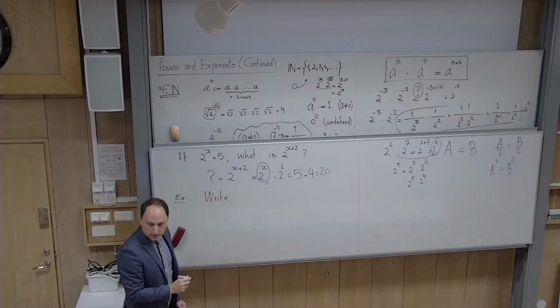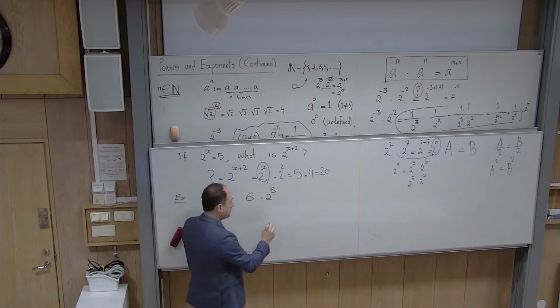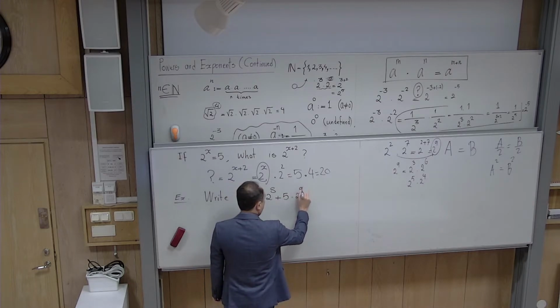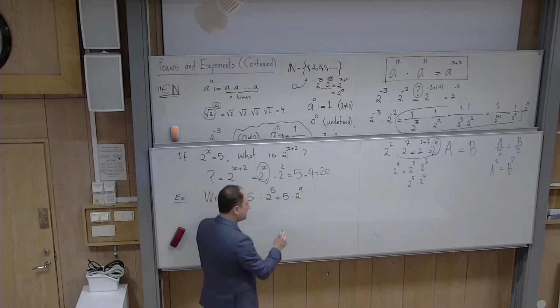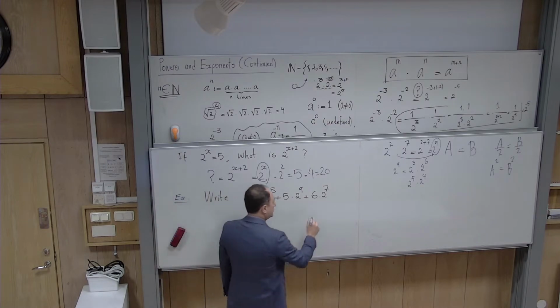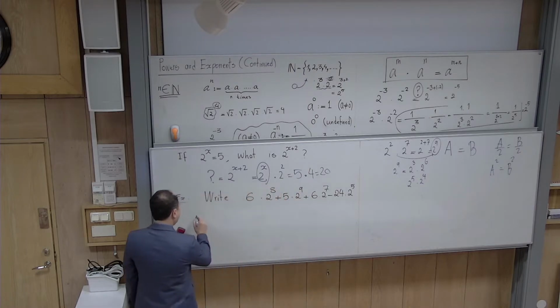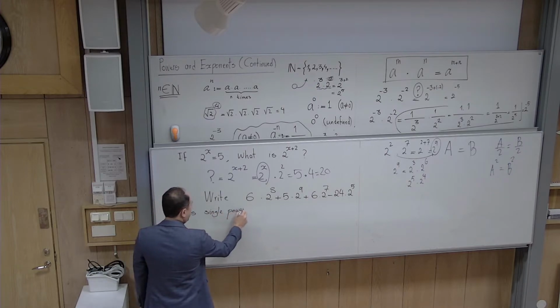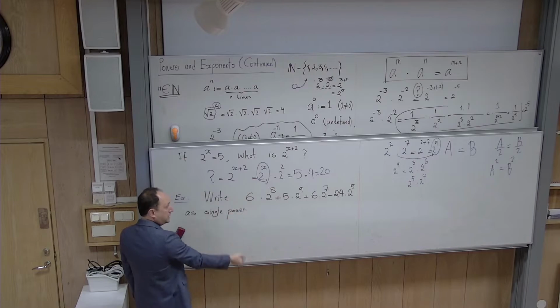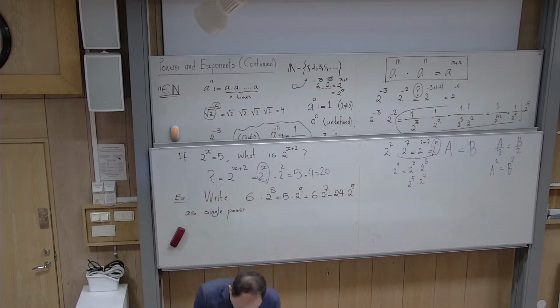So, write this expression: 6 times 2 to power 8, plus 5 times 2 to power 9, and then 6 times 2 to power 7, and then finally minus 24 times 2 to power 5, as a single power. You see, I haven't asked you how much this number is. Minus or plus 24? The last one minus 24. So roll all the numbers up and then